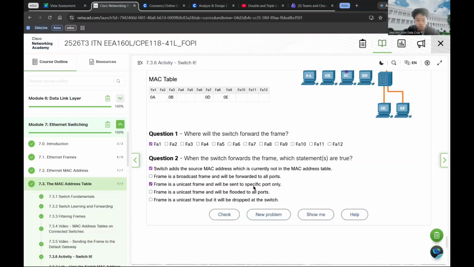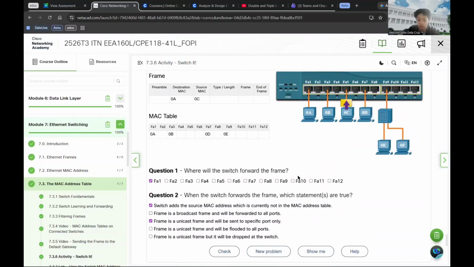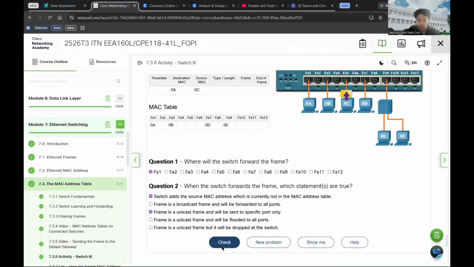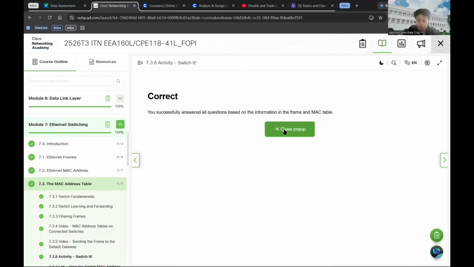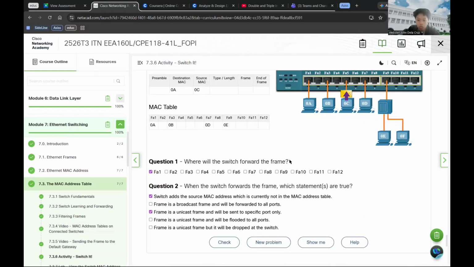Since the switch has an existing entry for the destination MAC 0A pointing to port FA1, it does not need to flood the network. It will send the unicast frame exclusively out of that specific port. So we're going to check if it is correct. Okay, this is correct. So we're going to go to the next problem.